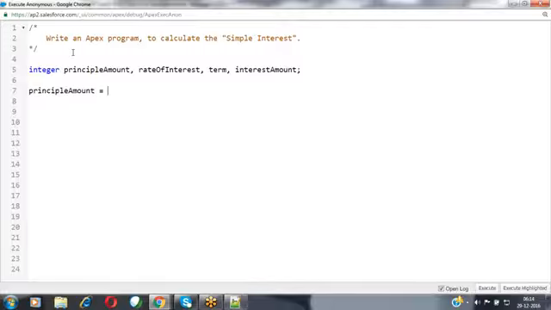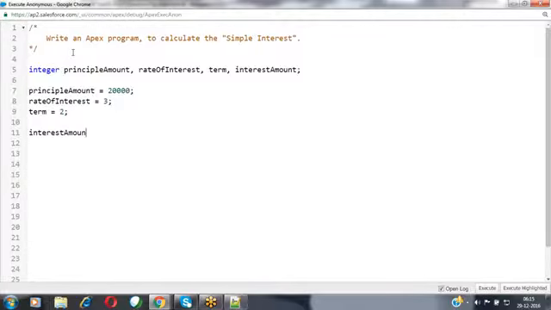Principal amount is some 20,000. Rate of interest equals some 3%. And the term equals the tenure, which will be some 2 years. Now we need to calculate the total interest amount here. For that, I'm using interest amount equals, because I would like to store the result inside the interest amount variable. Now I'm using that formula,